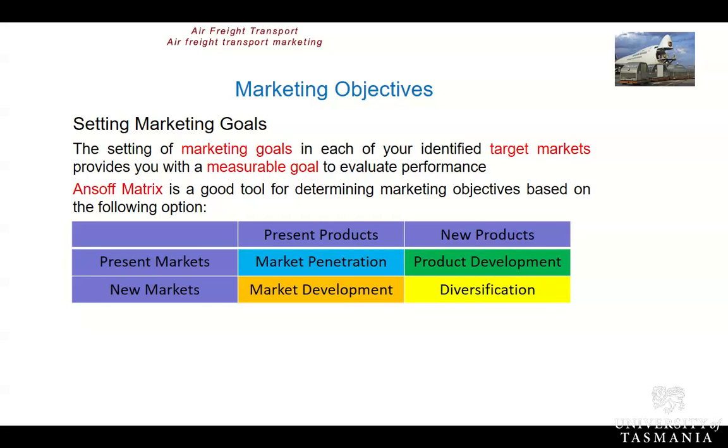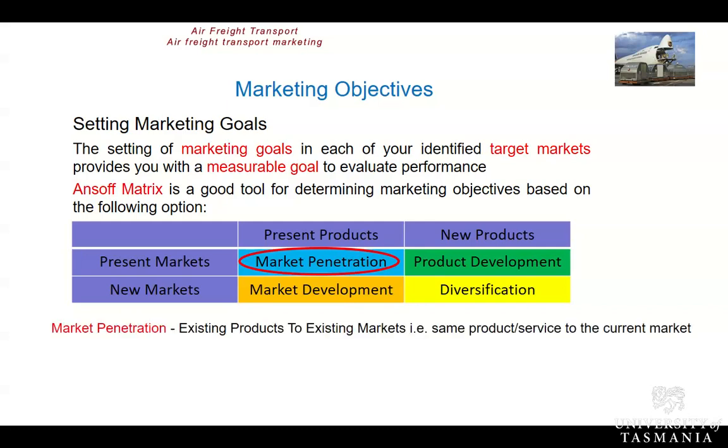Marketing goal setting is based on 2 things. It's based on products and it's based on markets. So ultimately, it's a matter of you making a decision one way or another on what type of goal you want to set for your business. Now, if you choose a market penetration goal, what you're actually doing is that you're determined to sell your existing products to an existing market. So, same products to the same market.